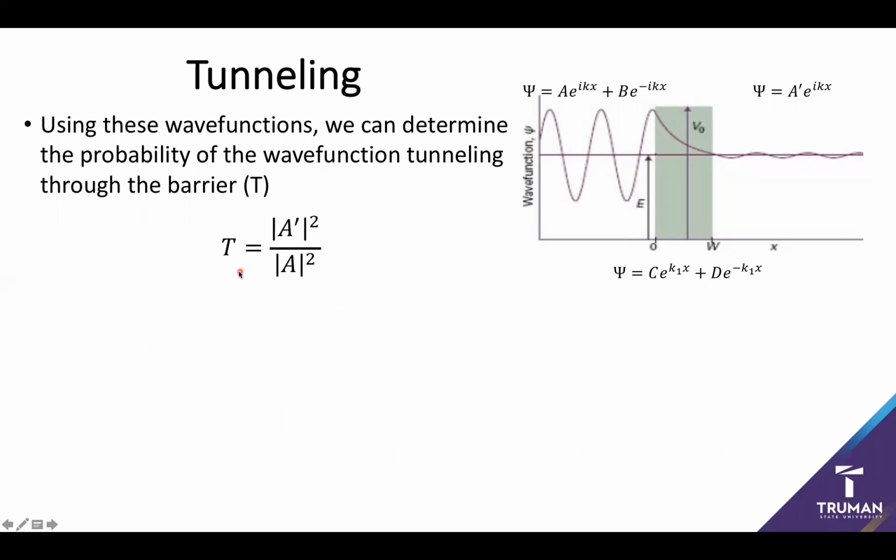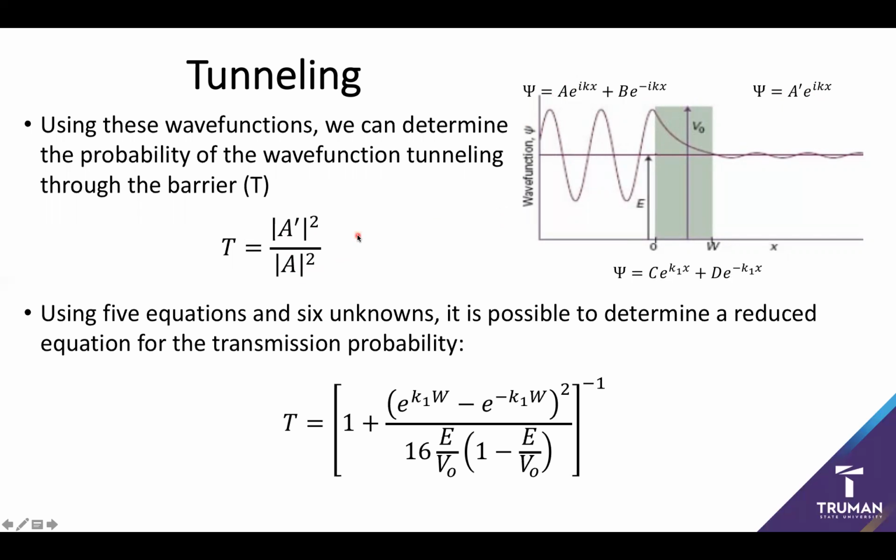So what we're going to focus in on is what's called the transmission probability, or essentially the probability of tunneling through the barrier, which can be given as the ratio of the squared amplitude of the particle escaping outside the box versus being located inside the box. Now, it's worth noting that this is just in terms of A prime and A. But this is our 5th equation, so we can take those other 4 equations on the previous slide, do a lot of really nasty algebra, and slap them together for a general equation